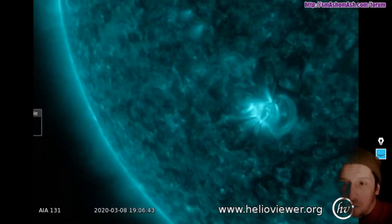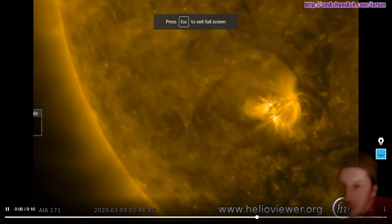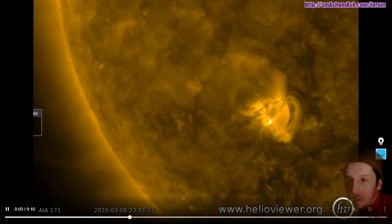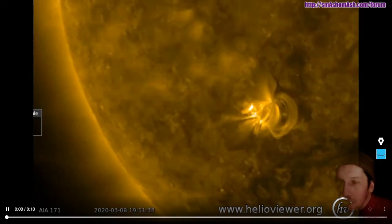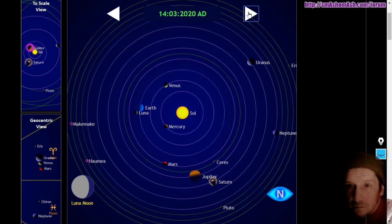Anyway, there's the 131 angstroms view. And lastly, here's my personal favorite, the 171 angstroms view. And I'll let that play through a second time before moving on to more stuff, such as the locations of things in the solar system. There's where they are now. And by the way, the worm moon occurs today. There's where things